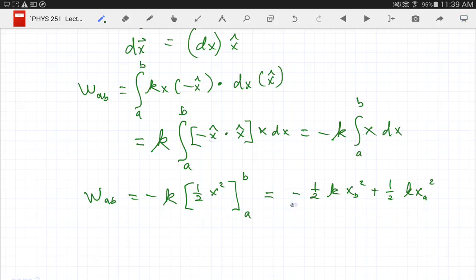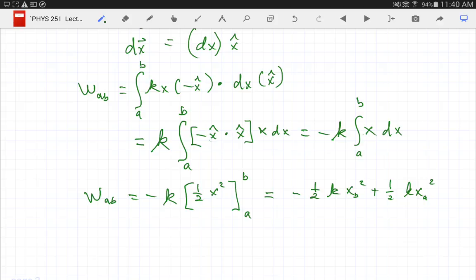Now we have the minus signs. The minus signs are there because the spring was doing a negative work. So going from A to B, if A is a smaller value than B, then you will have had a negative work done by the spring because the spring was pulling opposite the direction I was pushing, or I was pulling. So that's how we can calculate the work